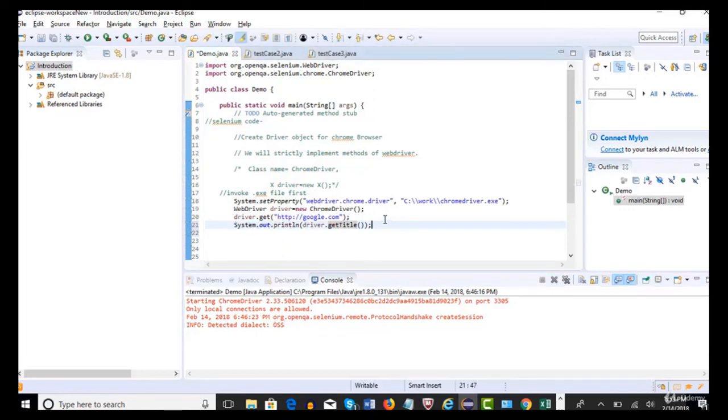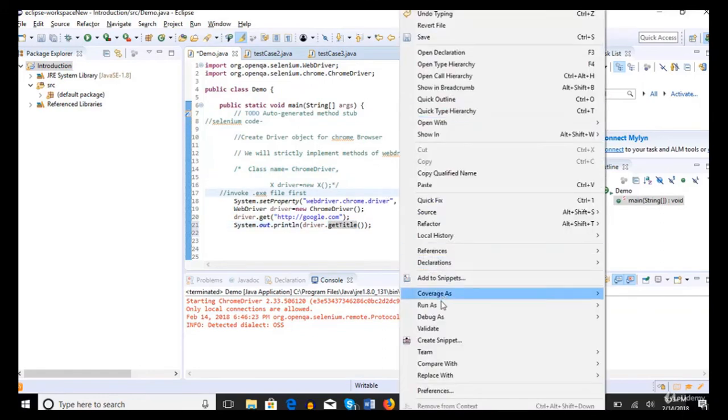Okay, this is one validation, right? When a developer builds a title for the page, we will definitely have a test case saying validate whether the title of the page is correct. This is our first basic test case when we are developing the application from scratch. Okay, so that can be achieved with this step, get title.